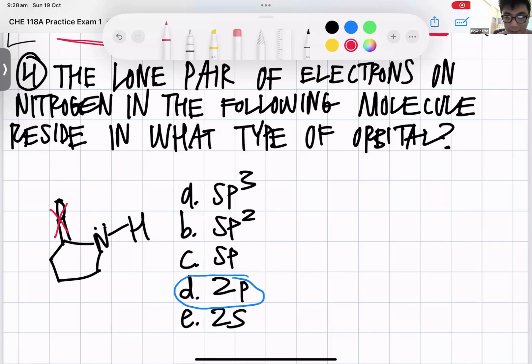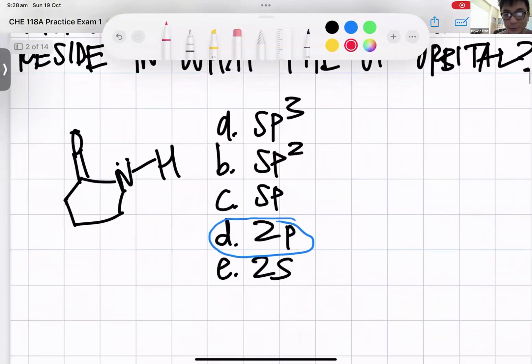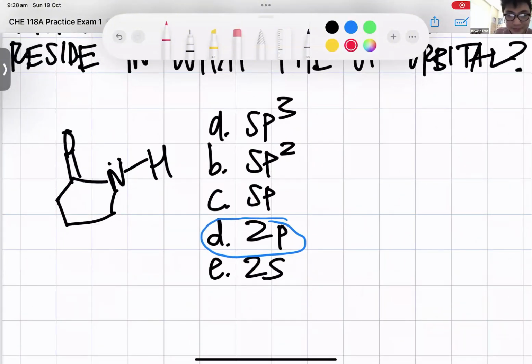Right? So now let's include the carbonyl. So erase that scribble X right there. Now that nitrogen looks sp3, right? It still looks like it has 4 electron groups. But now I want you to draw the resonance structure of that, starting from the pair of electrons. How would you draw the resonance structure of that?